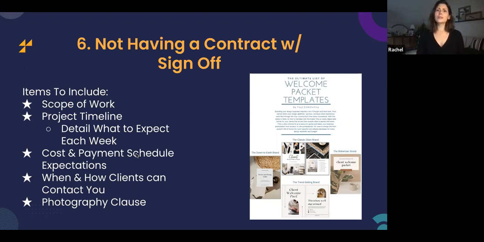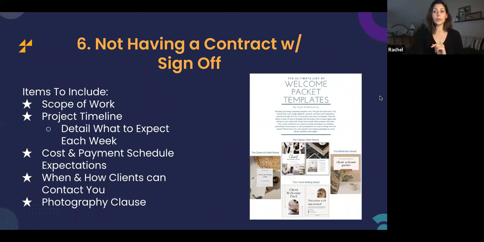If they go, oh, I'm not so sure, or absolutely not, that's a great time to go, you know what? Unfortunately, this is something that is a part of my contract. I completely understand that you're not comfortable. I'd be happy to make you a referral for another designer who doesn't have that in their contract. And then you've just saved yourself a lot of headache and distress over not being able to document what you've done.